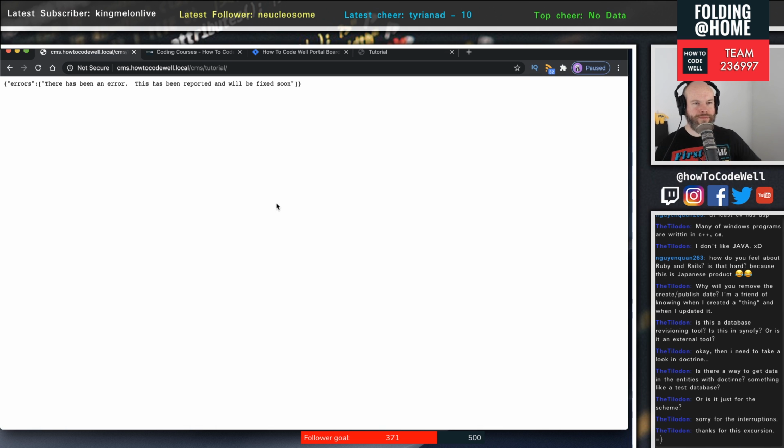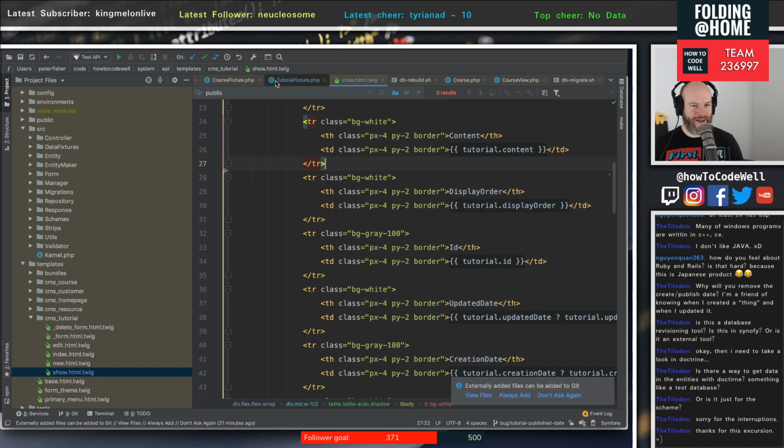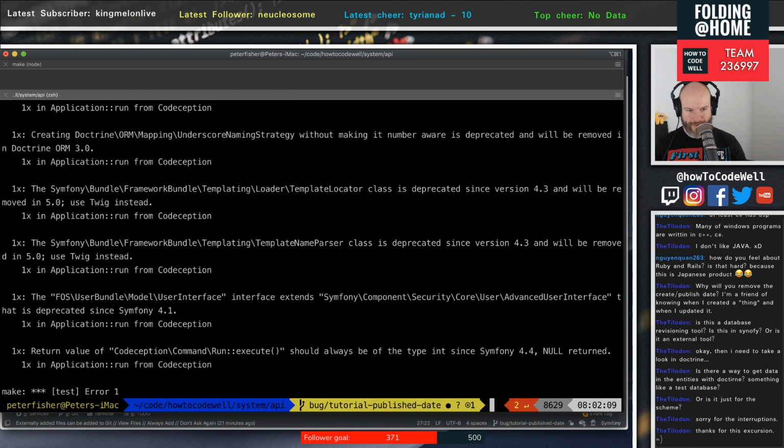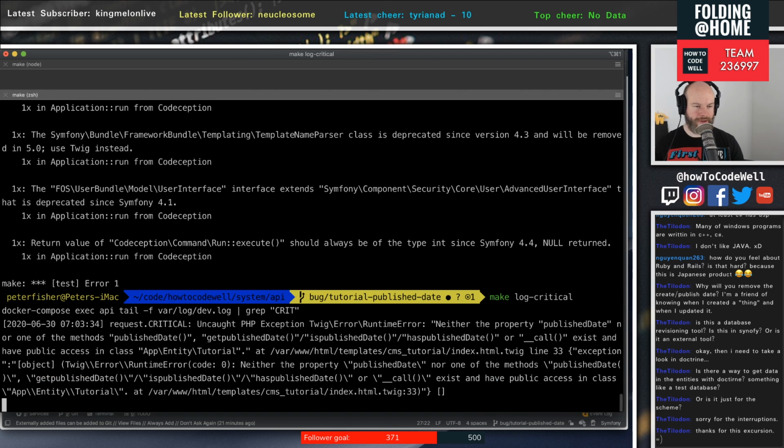Oh, no, there's a problem. There's a problem right there. And I reckon I know what that is, but let's just see in the logs. Make log critical. I mean, one thing that we haven't done at all is, it's a twig issue, is that